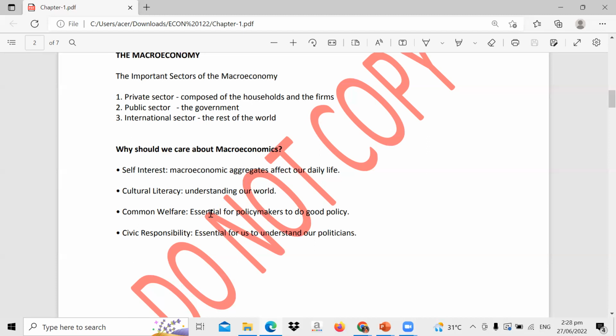Pero again, ang gitan-aw pod na sa government, ang health benefits sa public nga dili kita mo consume og mga sugary product, mga soft drinks, mga juices, ang atong mga coffee nga 3-in-1. So again, this is one of the items to look into whenever you will have a policy. Dapat common welfare ang tan-awon. And you have civic responsibility. It is essential for us to understand our politicians as to where they are coming from.